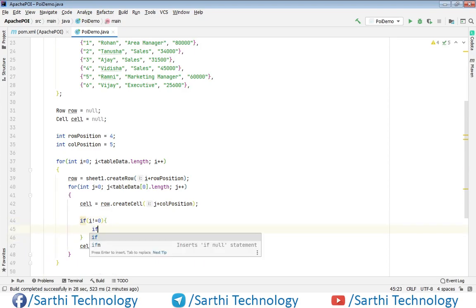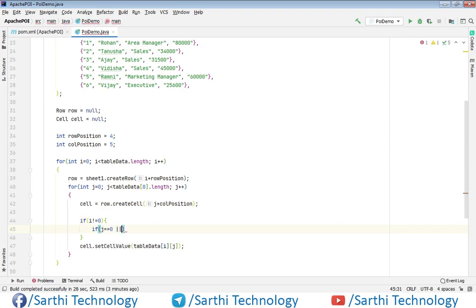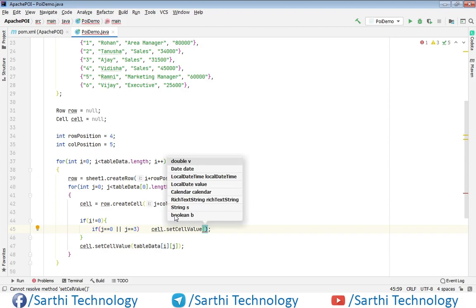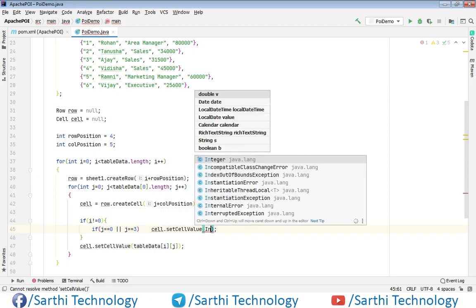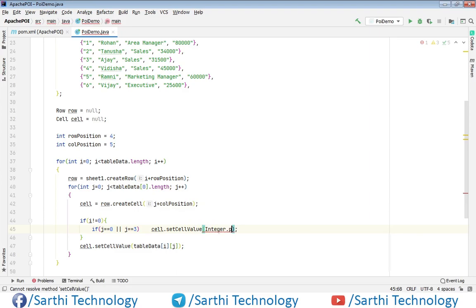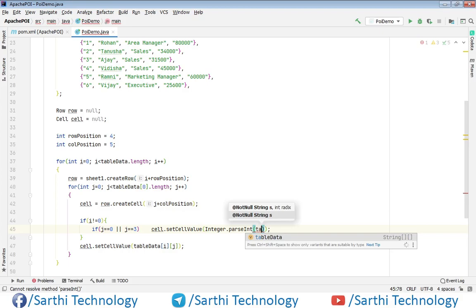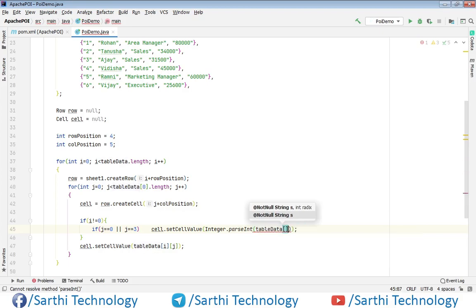So if i is not equal to 0, then if j equals 0 or j equals 3, then cell.setCellValue, and here we will put Integer.parseInt of tableData i and j.